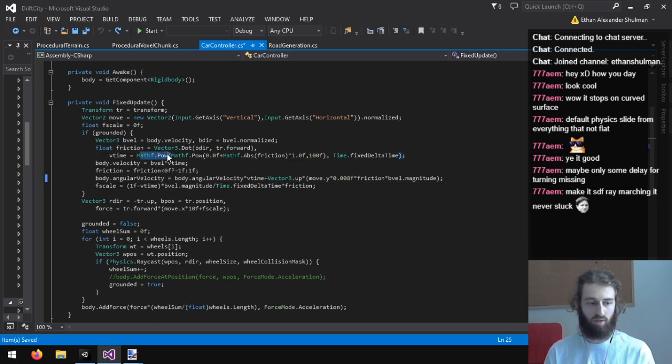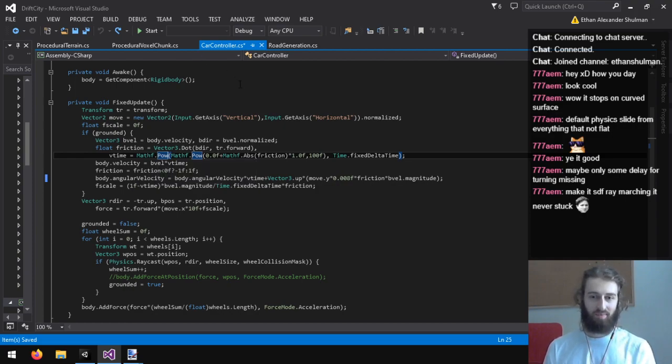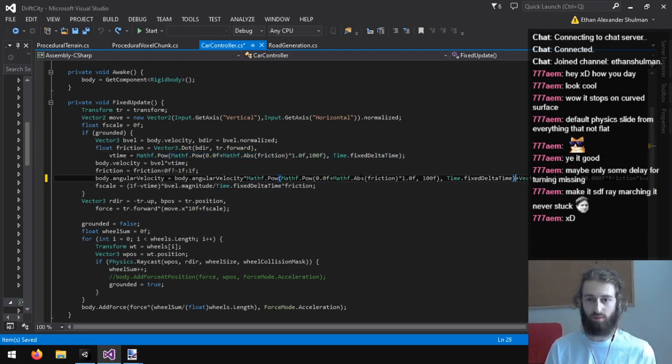So I might try applying this differently. Get SDF ray marching and never get stuck. That sounds like a good way to make it glitch into the surface. This just makes me think of all the banding errors from SDF ray marching that are the ray glitching into the surface a little bit. So I'm actually thinking, what if I just copy this and I just apply it differently here? Like I do 5 instead of 100. Still in the POW.